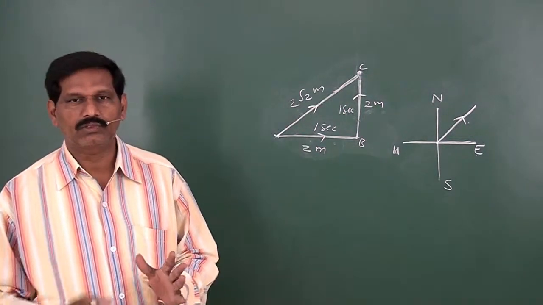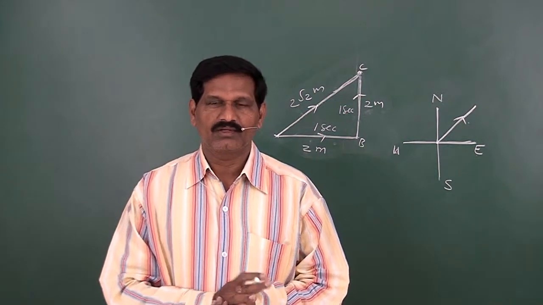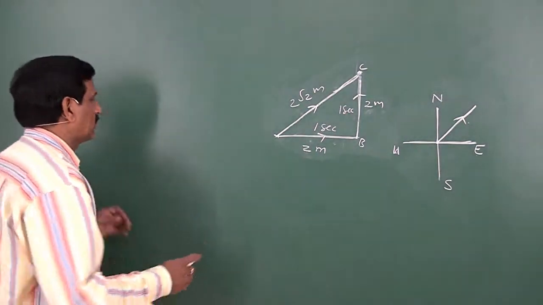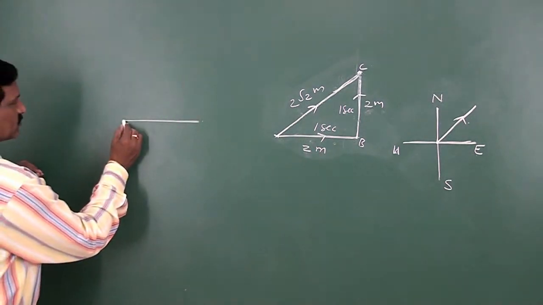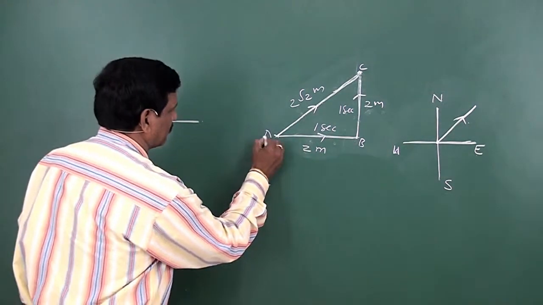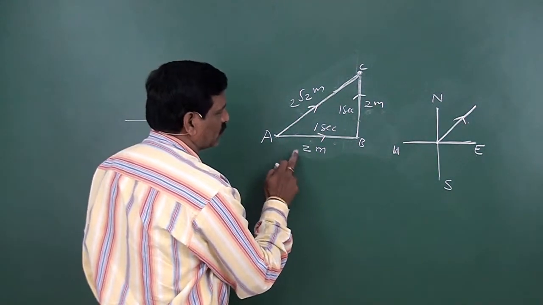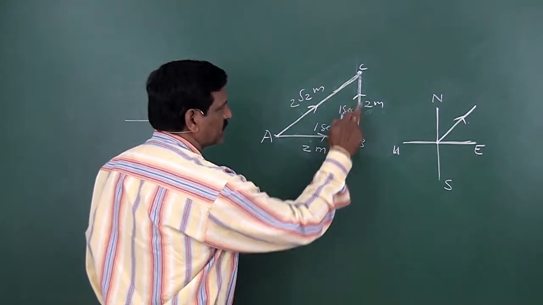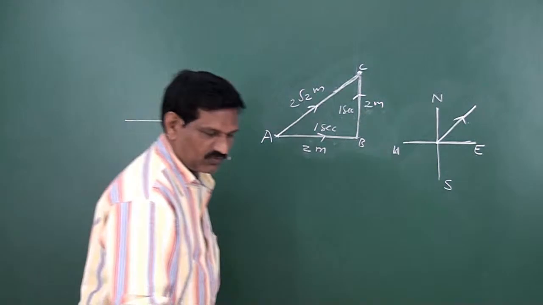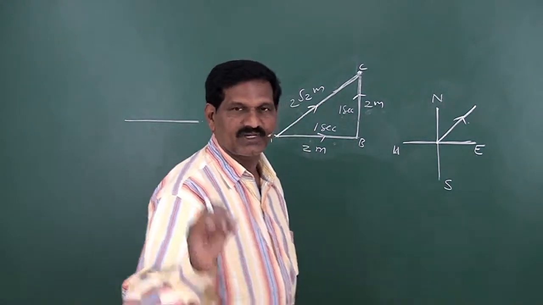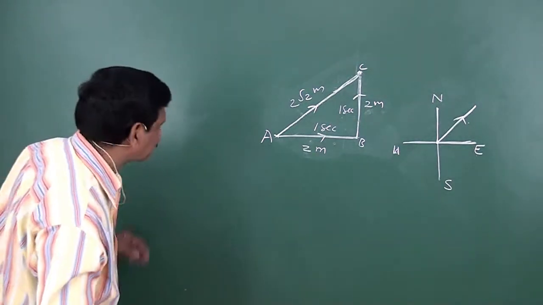So we have discussed distance, displacement, speed and velocity. Now if you take the motion of a body that moves like this. In this example, the body moves from A to B through 2 meter in 1 second, then from B to C 2 meter in 1 second. In this case, we write distance, displacement, speed and velocity. Let us see what happens.